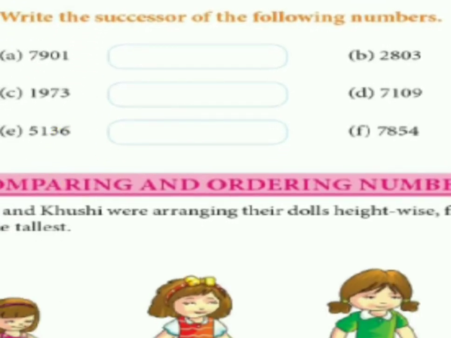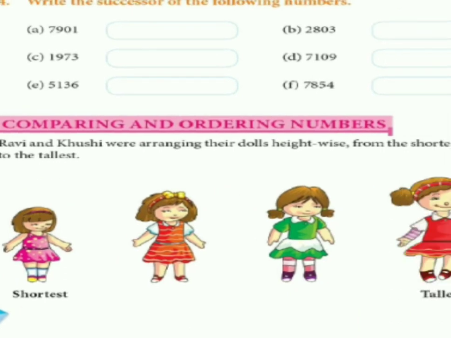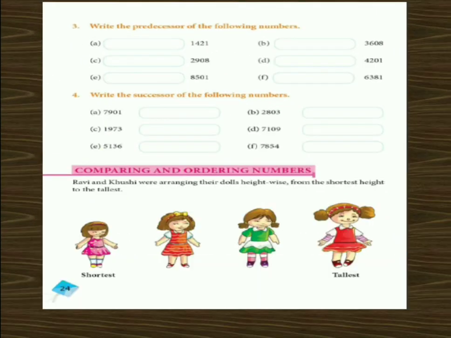Your next topic is comparing and ordering. Like as you can see, in compare we will write ascending and descending. You can understand this topic with the activity that I have given in second class, and I'll also send you the link of that video in your Snap app homework. So first you can see that video so that you will be able to do your ascending and descending. But I don't think this is a new topic for you. You have also done it in your second class. So this is the only topic.